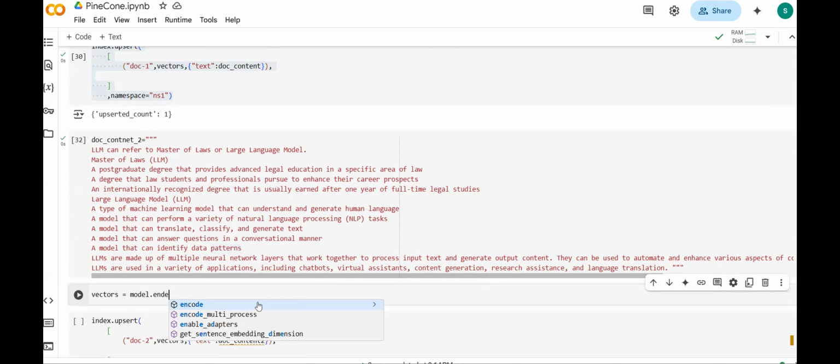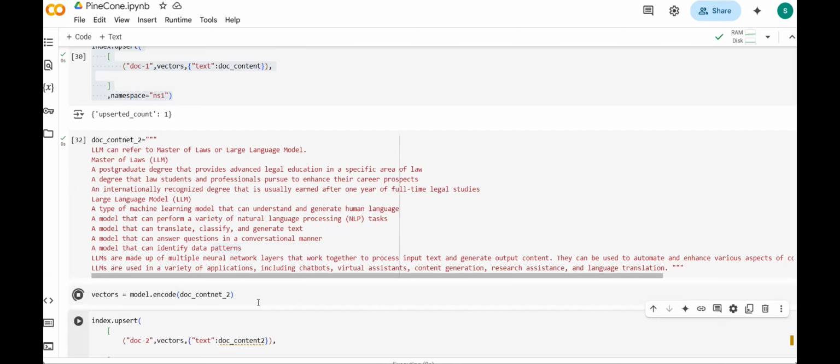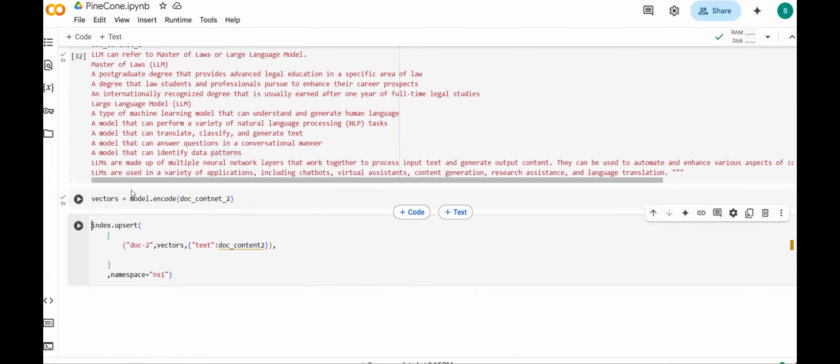Inside the model variable we have already loaded our model, model.encode of. So what is the document content that we need to specify? Doc content 2, yes. And then, okay, now our vectors will be generated related to our document content 2, and